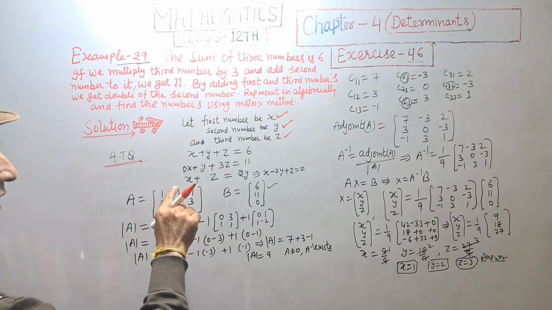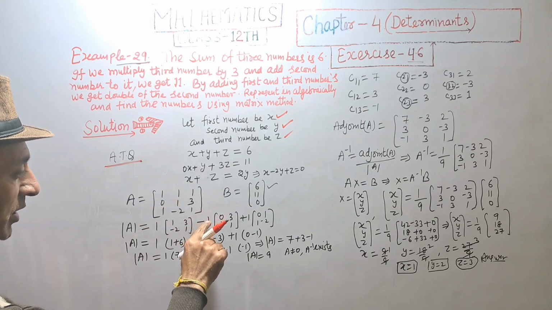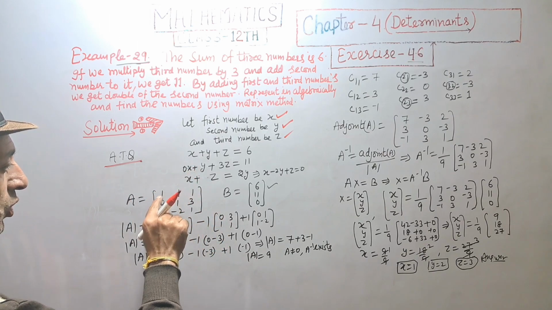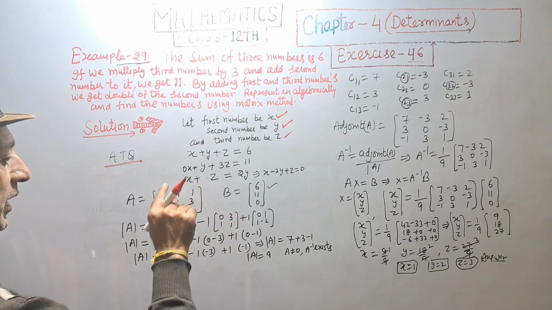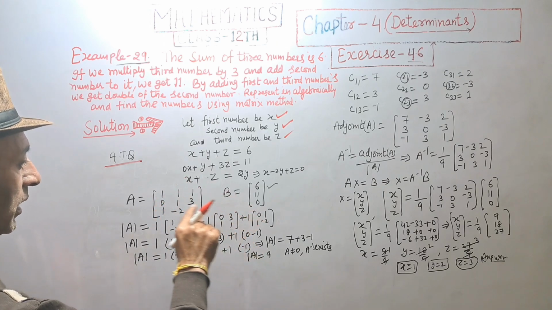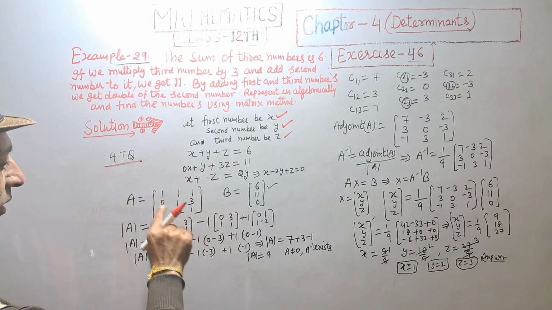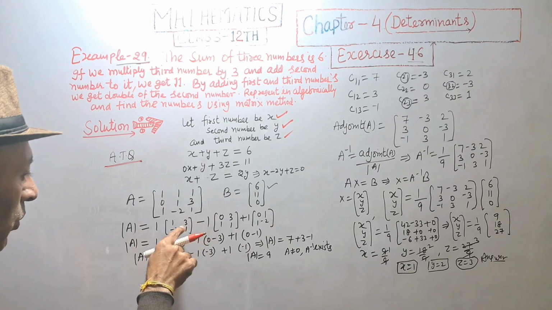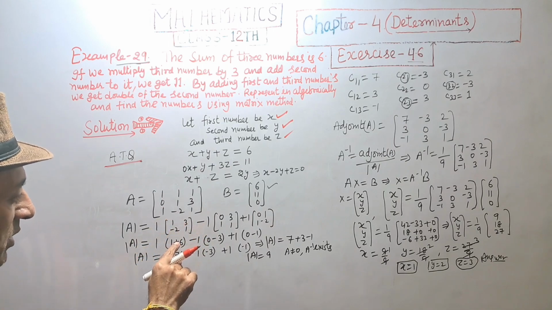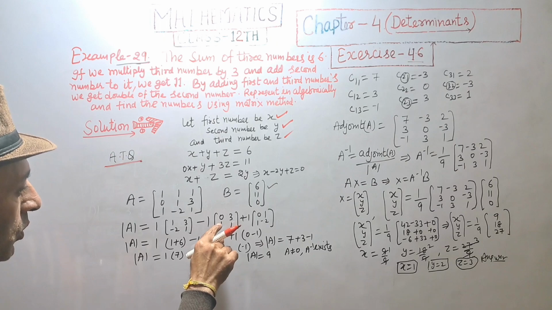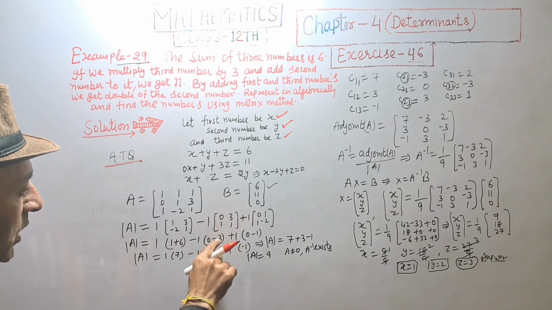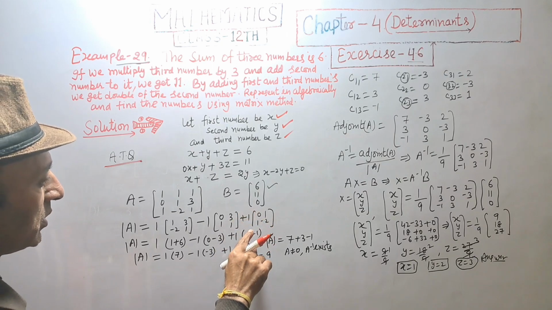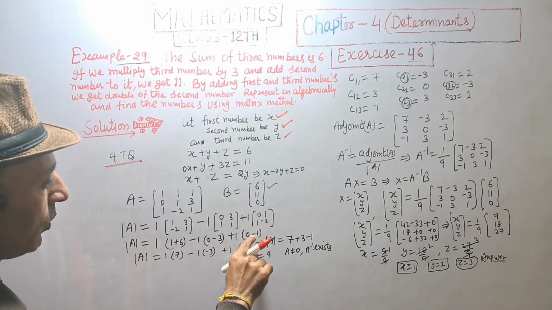1 is taken common, first column, with 1, 3, minus 2, 1 in bracket, and second term will be minus 1, first row second column neglected, and in bracket 0, 3, 1, 1, and third, plus 1 is common, first row third column neglected, with 0, 1, 1, minus 2 in bracket. Multiplying: 1 1s are 1 plus 3 2s are 6, 1 0s are 0, and 1 3s are 3 minus 3, plus 1, 2 zeros are 0, and 1 1s are 1, that is minus 1.